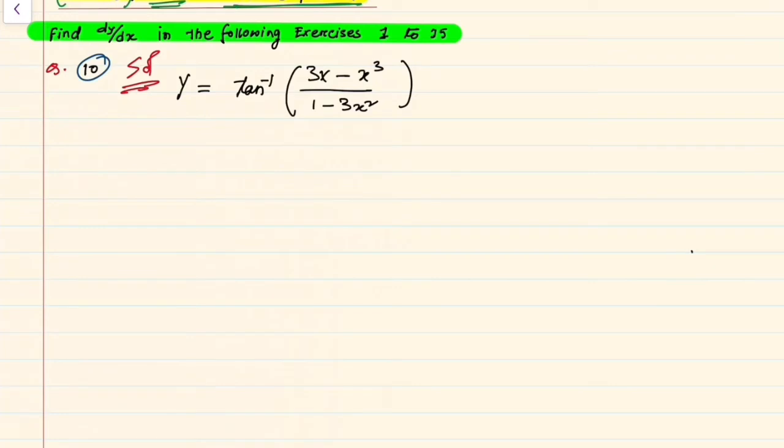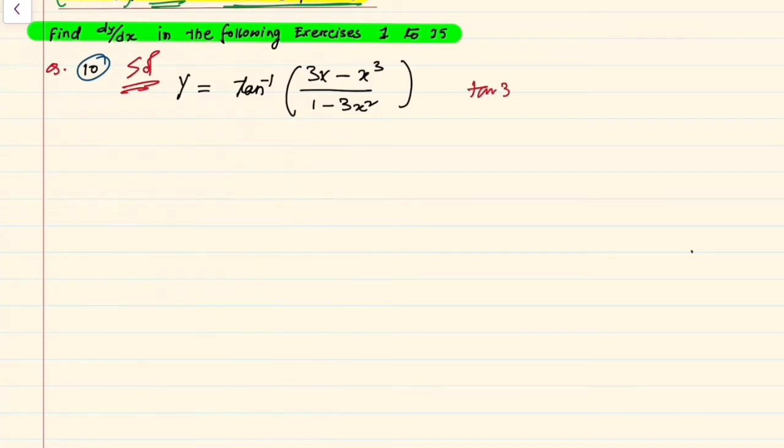So here you see, in order to differentiate it, first let me substitute x is equal to something. Here we need to have tan inverse of tan a b or anything, so that we get a, it may be 2 theta, 3 theta, 1 theta, anything.